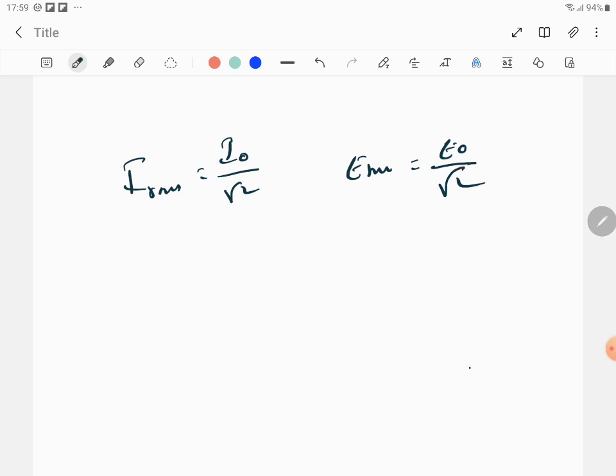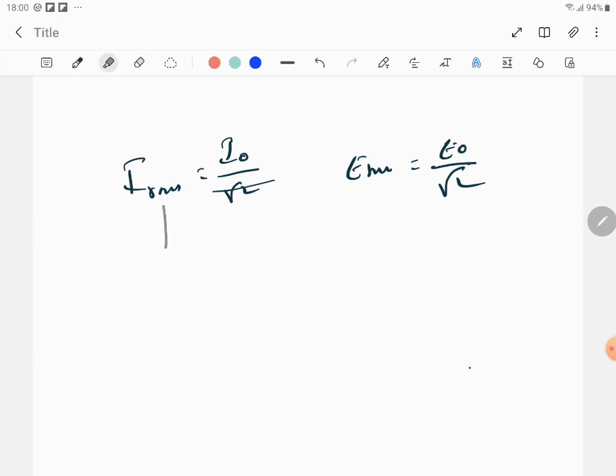It's the peak current. In the graph, if they give you like this, this is I naught, and this is E naught, the peak values. So the I RMS value will be lesser than I naught by this relationship. So in a numerical, they'll ask you to find